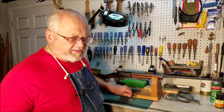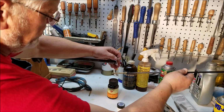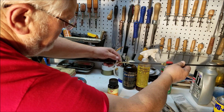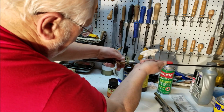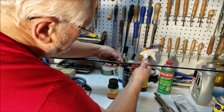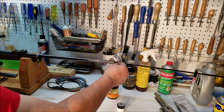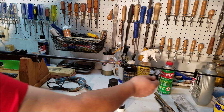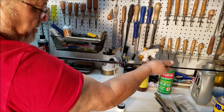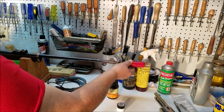In guns like the M1 where you have to clean from the muzzle, you want to use a bore guide. Get your rod started in the muzzle end, and then you will run this up so it enters the bore. It enters the bore and centers the rod so the rod does not touch the lands inside the bore. And now you can run your rod down and do your cleaning